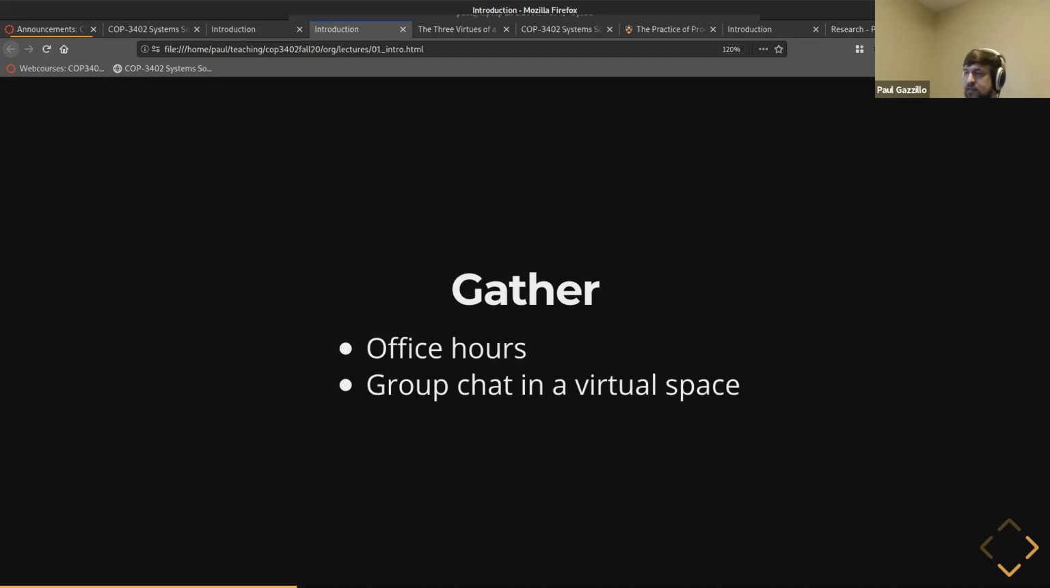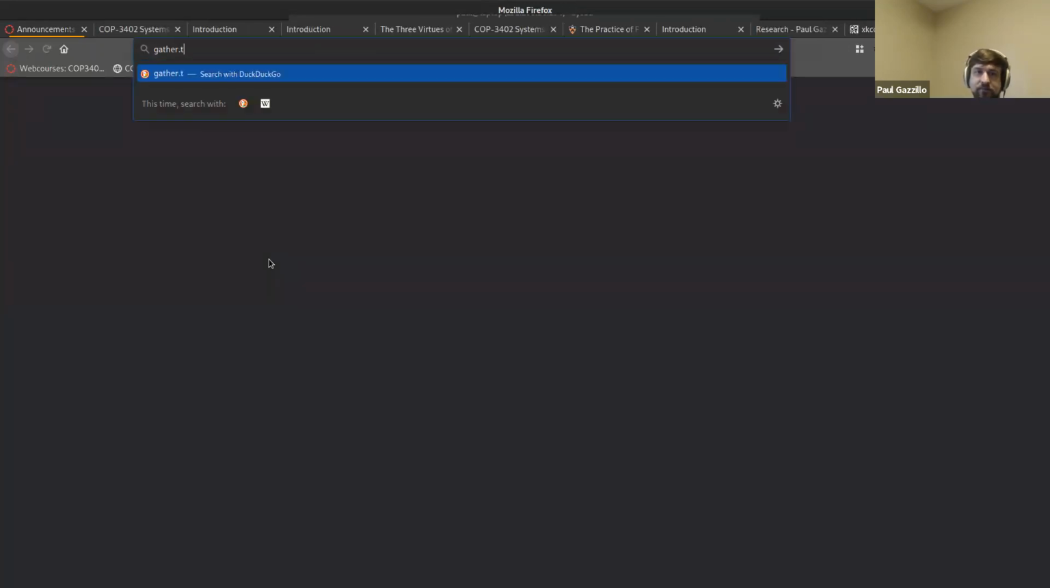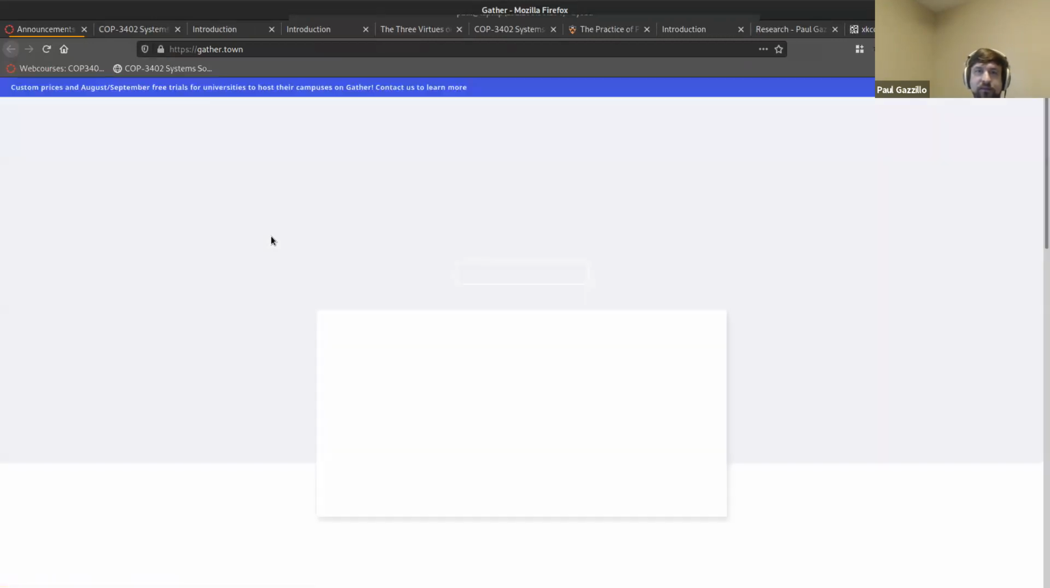So I'm a little hesitant to use breakout rooms. There are breakout rooms in Zoom, but I think I have to assign people or something. I don't quite understand it. So Gather is interesting. We'll see how this works out, but it's basically a